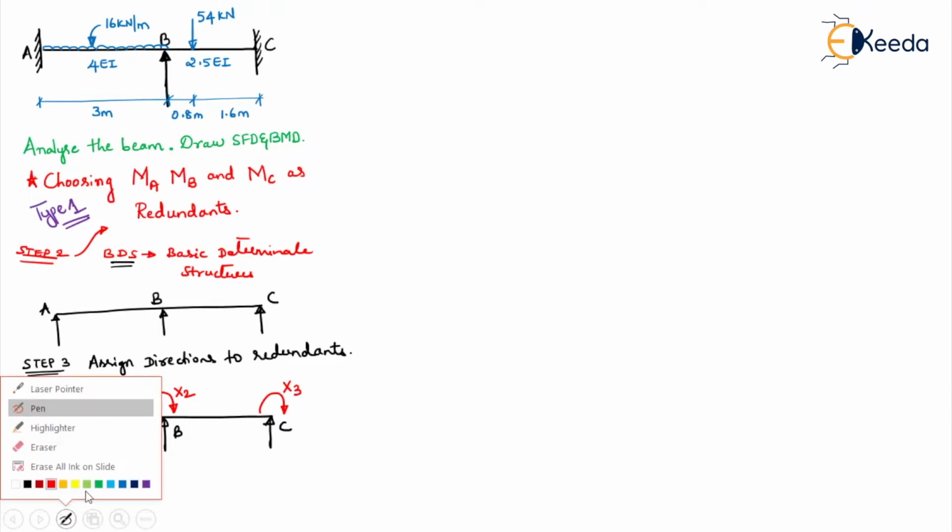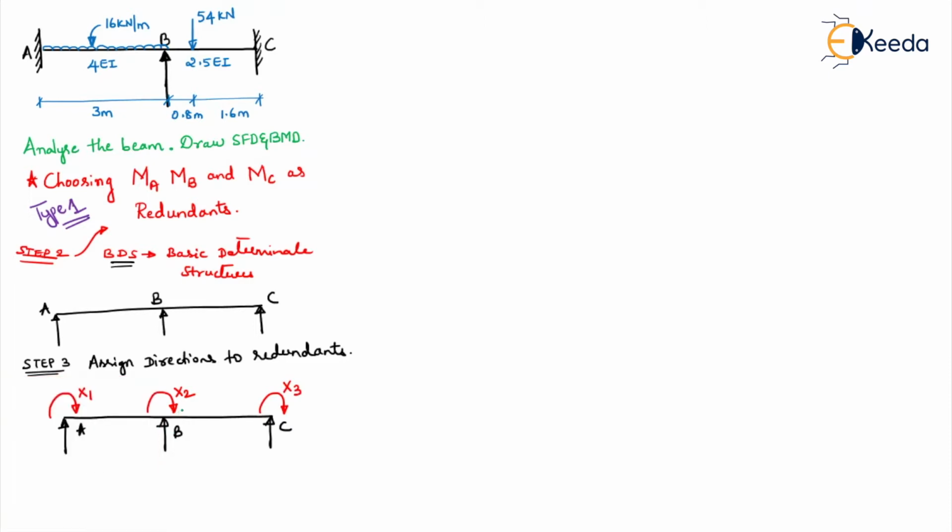One more important thing I want to tell about X2. How will you put the redundants? Be very careful. Here we'll have 1, that's your X1. Here we'll have 1. You should put it in 2 directions, but this is at the same point B. So this is your X2 and this is your X3. Directions, however you want, you can assume. These are your global coordinates. There's no hard and fast rule that you have to assume the directions I have used. So this is your step 3.